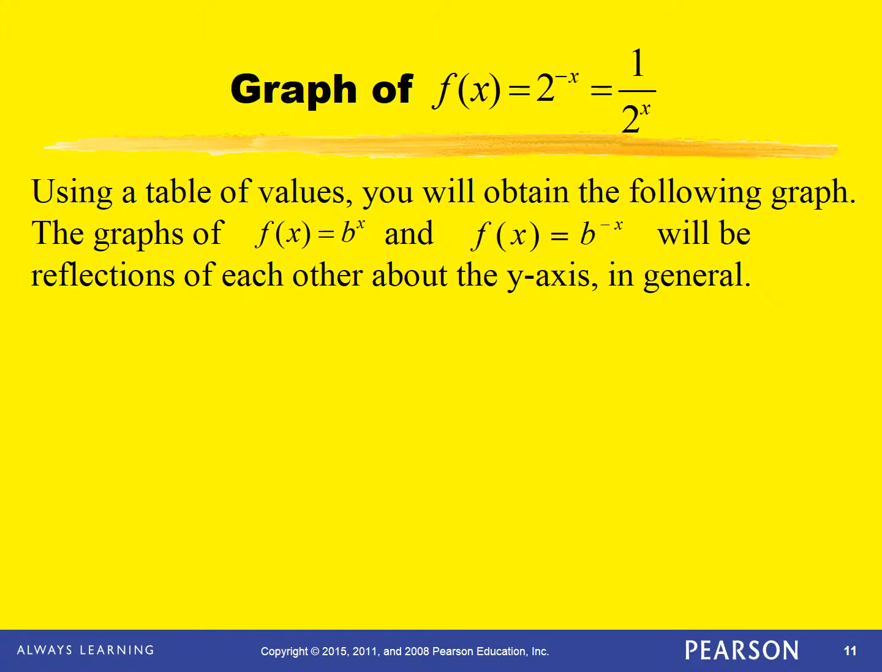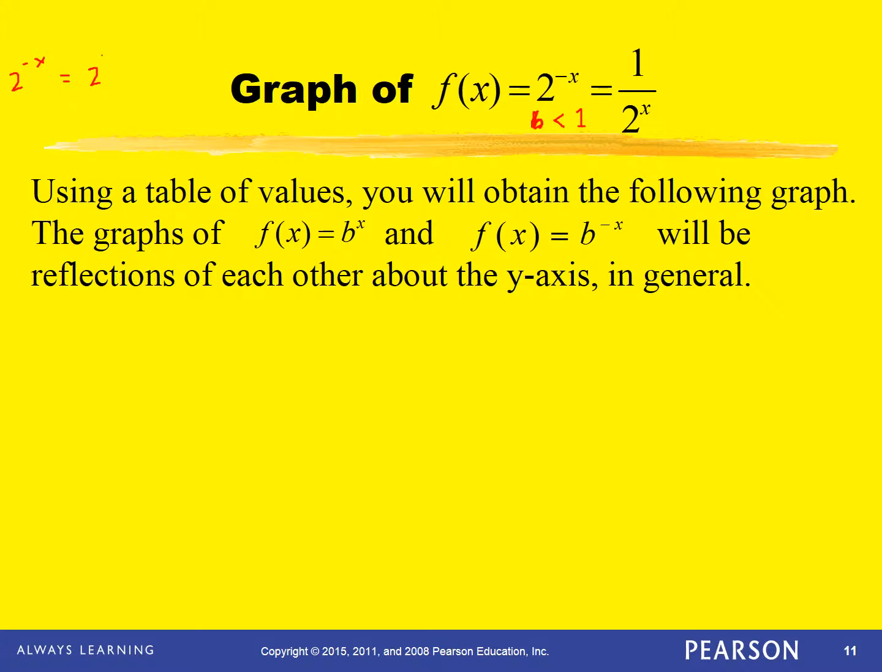Using a table of values, you will obtain the following graph. Okay, so now what do we have here? We said, what if you have b less than 1? Okay, well, that's actually what we have when we have 2 to the minus x. Because 2 to the minus x, 2 to the minus x, well, that's